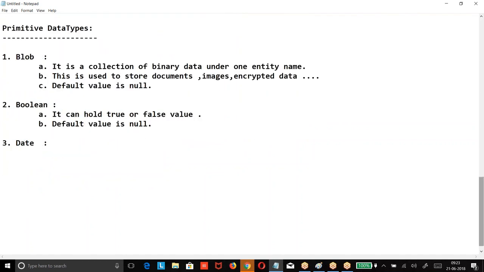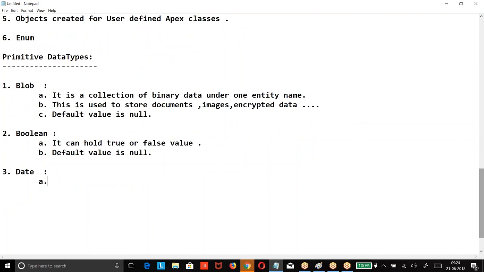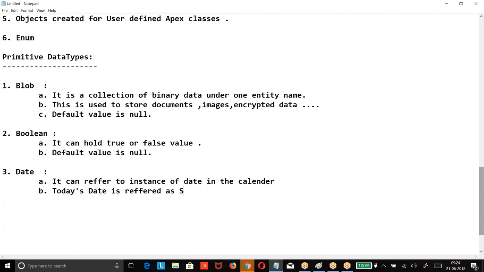Then date. What is the purpose of date? You can refer to an instance of a day. Today's date is referred to as System.today.